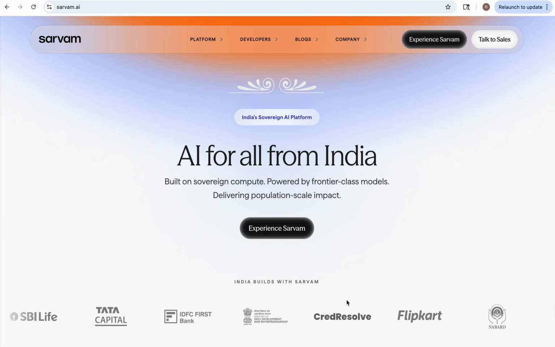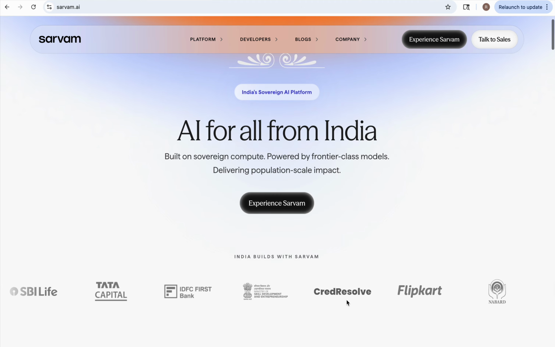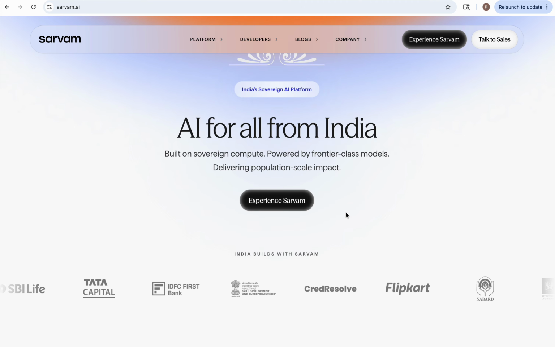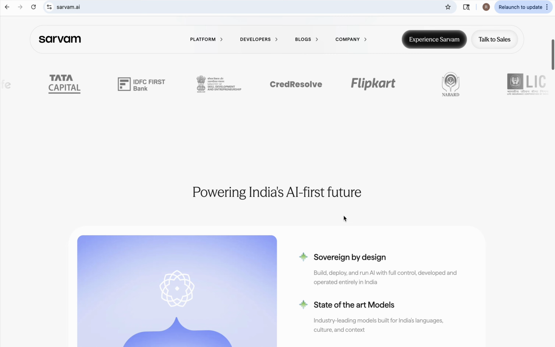Wanted to explore Sarvam AI. So Sarvam AI is India's sovereign AI. It's powered by frontier class models, and it is